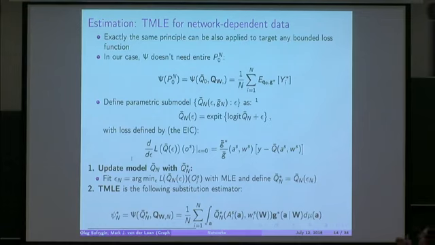This is, again, a bastardization, but the intuition essentially is there. You can define the scores. If you define the scores in a smart way, your parametric submodel will recover the convergence rates of the estimator and its optimality. OK, so now that we have obtained, once you fit the maximum likelihood for this epsilon parameter, you can simply update your initial model estimate with this Q n star and do a substitution estimator.